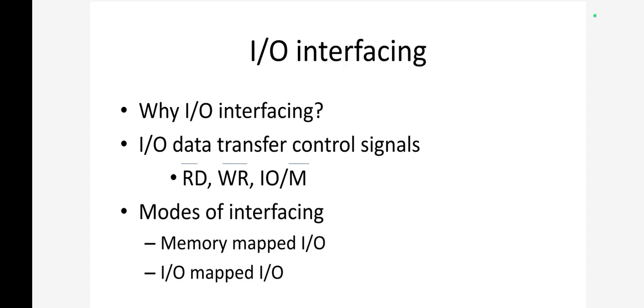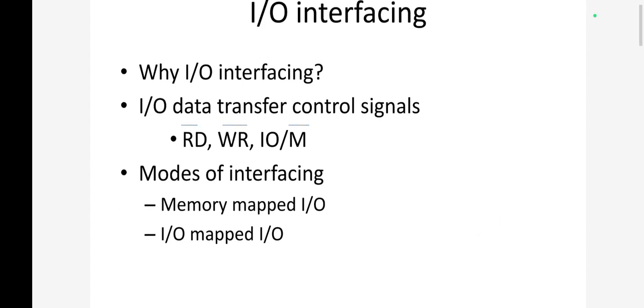The very first topic is input-output interfacing. Input-output interfacing is needed to transfer the data between external circuitry and the microprocessor, and between the microprocessor and the external circuitry. Input devices give the information to the microprocessor and output devices are used to display the information from the microprocessor. The input or output data transfer is controlled by read bar or write bar and IO/memory bar signals. The input output devices can be interfaced to the 8086 microprocessor in two different methods, namely